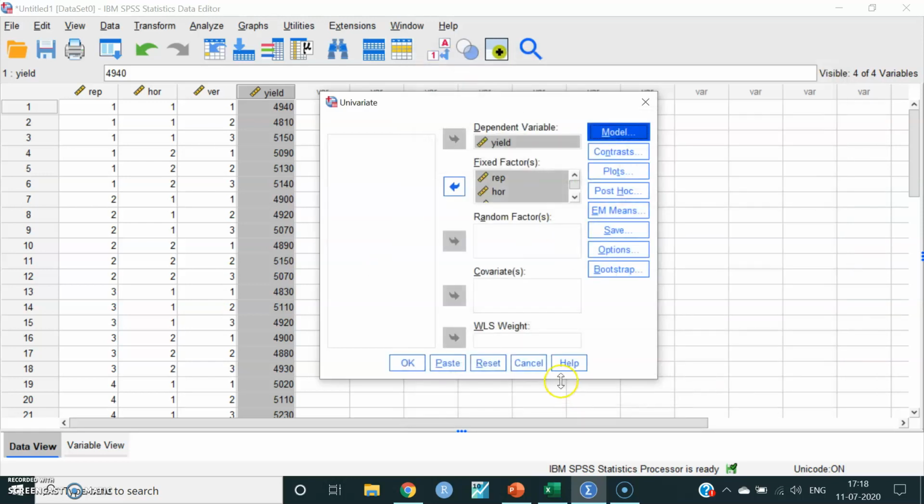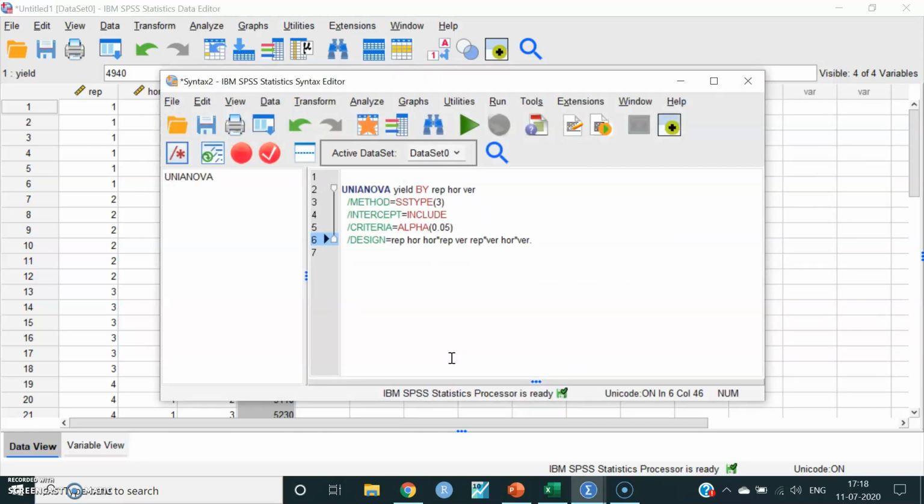Now choose the paste option. It is the syntax view of SPSS. A small addition is required. Initially, we have to delete this full stop.